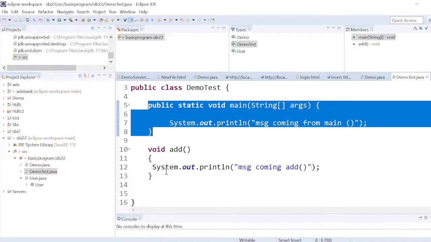Without creating an object, as of now I have not created any object. If I run this program, how many methods will be executed? Main method, only main. Everybody is clear? So when I run this program, only one method will be executed